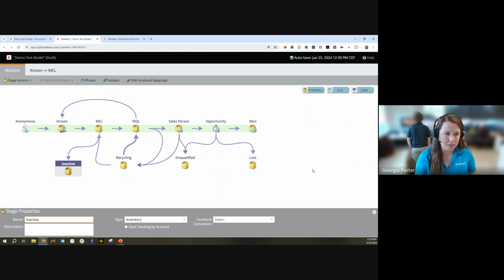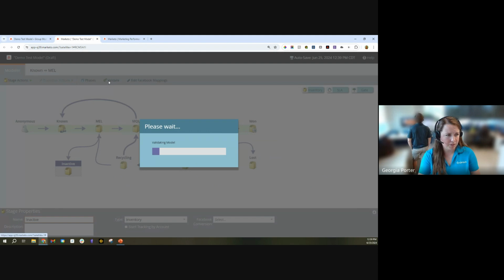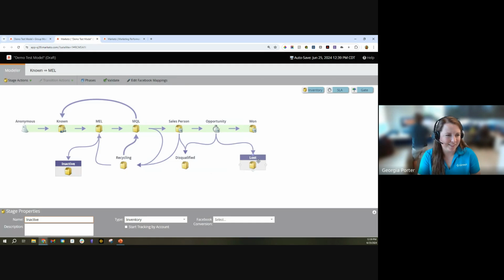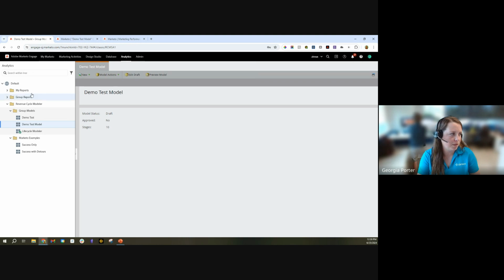It's a good visual to see where your records are living, and then you can validate the model at the end. Let's see what happens if I press validate. Yep. So it might give you some errors where, hey, your rules aren't quite right. You need to go look and validate that your rules are correct in order to approve the model. And the last thing I'll say before I hand it to Brandon is once you approve the model, there's an additional upgrade where some people have